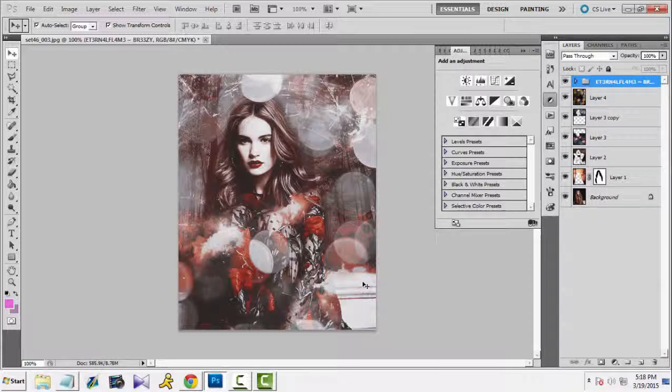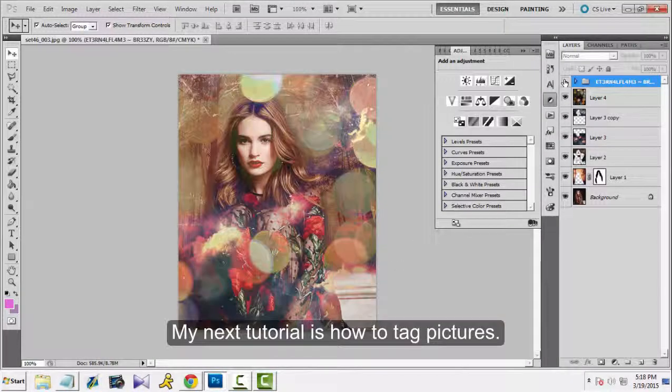And that is how you blend textures. And then your next step would usually be to add a PSD. I'm going to make a next tutorial on how to tag